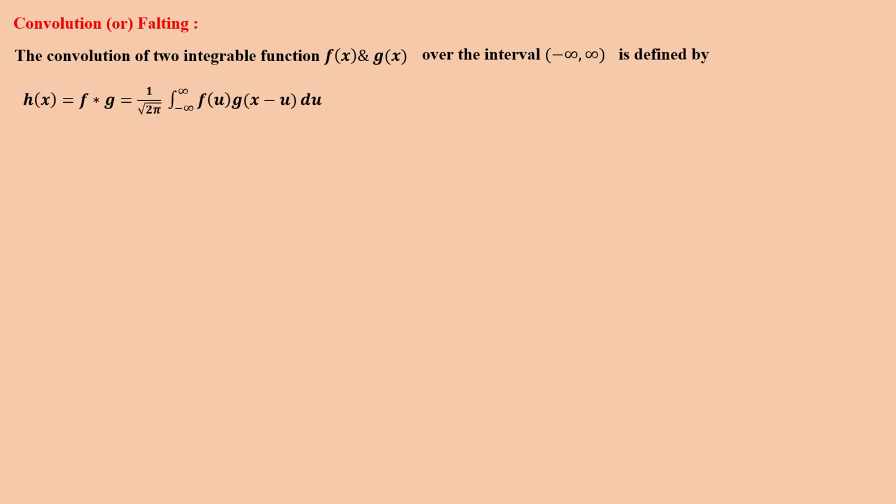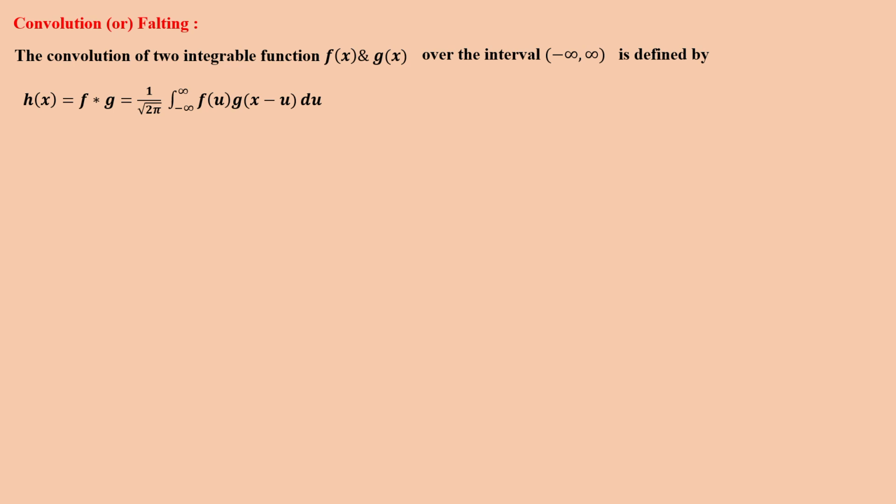Next, convolution theorem, or faltung theorem. So first we are going to define convolution. Convolution of two integrable functions f of x and g of x over the interval minus infinity to plus infinity is defined by a function h of x that is equal to f star g, that is f convolution g of x, that is equal to 1 by root of 2 pi